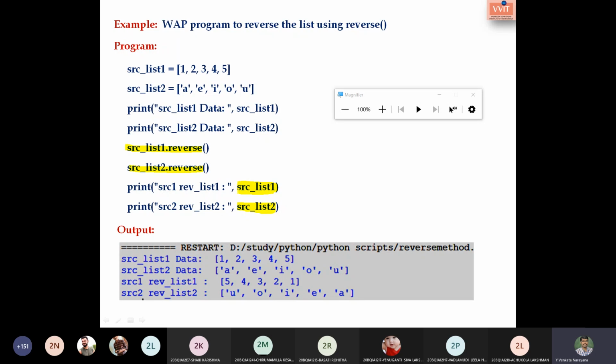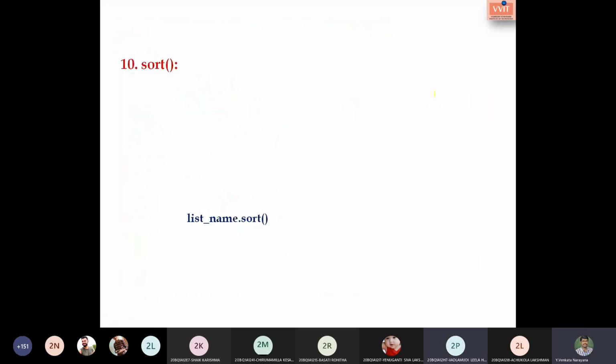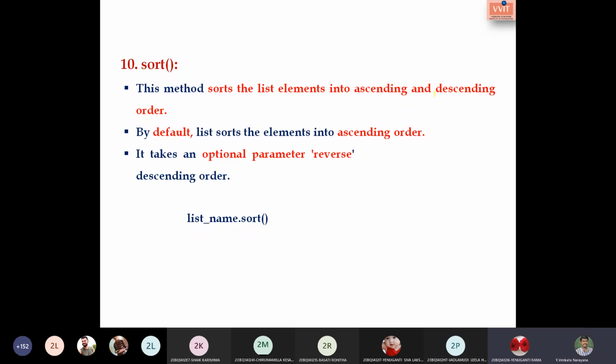Yes, sir. So what is the next method we have? Sort, sir. What is the use of sort? It sorts the elements in the list. By default you will have ascending order.